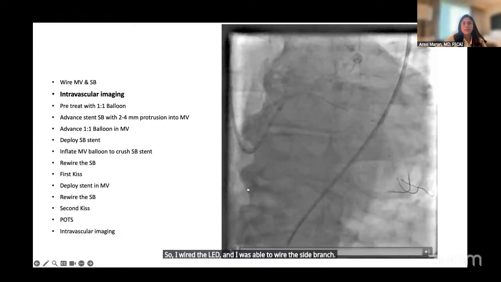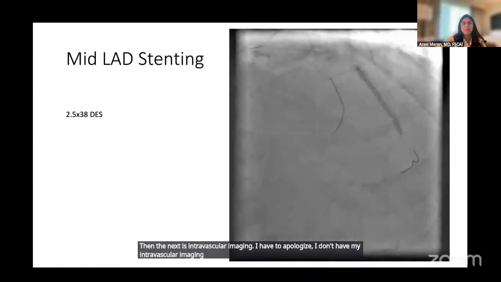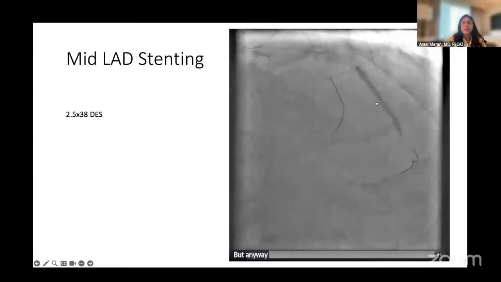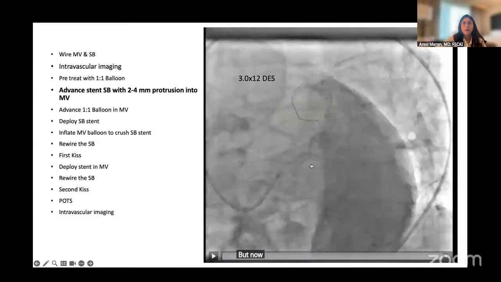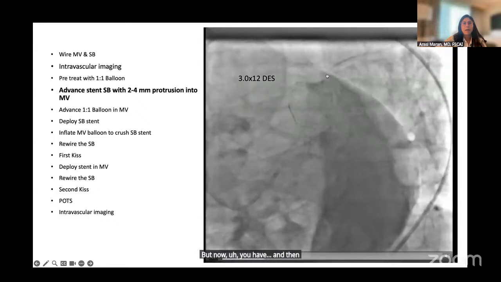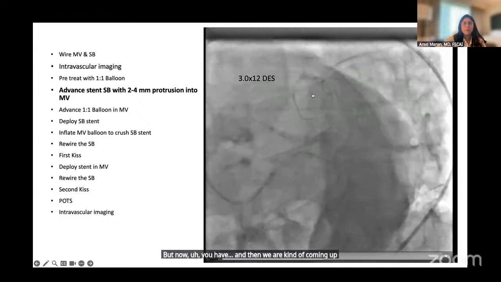Then the next is intravascular imaging. I have to apologize, I don't have my intravascular imaging. My software does not allow me to do so. But anyway, based on intravascular imaging, we decided to stent the mid to distal LAD with a 2.5 by 38 millimeter drug eluting stent. And then we are kind of coming up with a proximal stent,